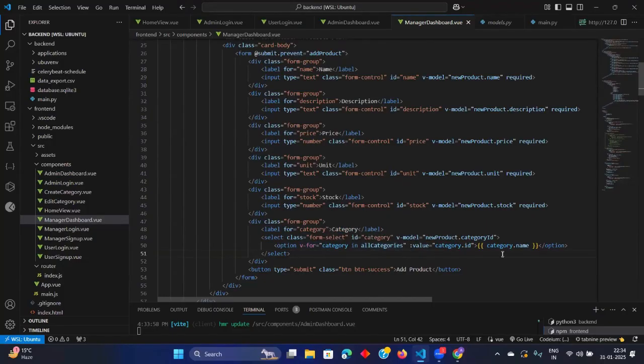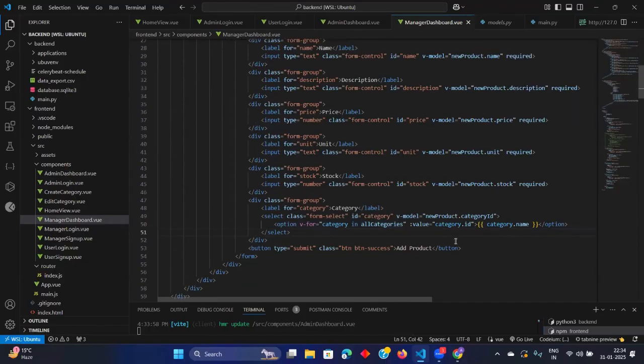Now we need to define all categories also. We need to fetch all categories from the backend. Then it will show this category dot name, and this value we are going to give to the backend when we click on the add product button. Clear?